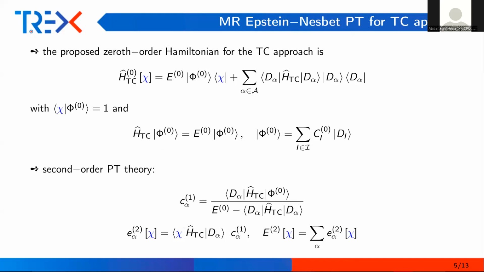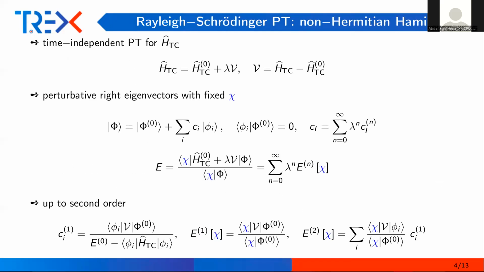So the usual Rayleigh-Schrödinger perturbation theory is well known for the case of a symmetric Hamiltonian, but it can also be extended to any non-Hermitian Hamiltonian, provided that this Hamiltonian has a complete spectrum, which is the case for HTC. Therefore, given a reasonable zero order approximation of HTC, we can write the transcorrelated Hamiltonian as H0 plus